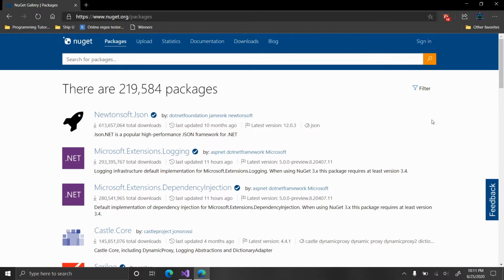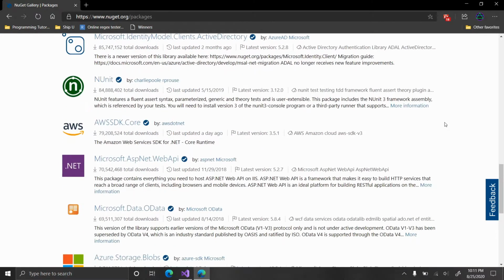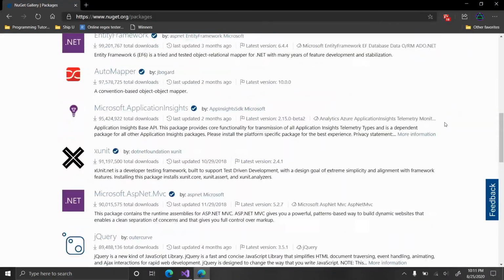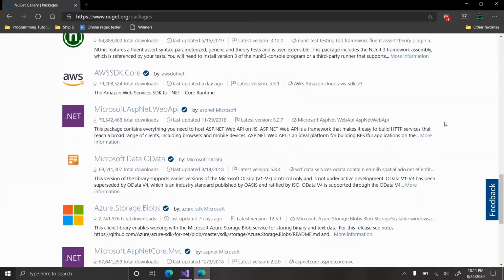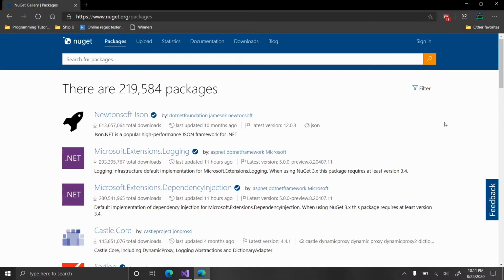Also, if you use .NET Core instead of .NET Framework, which, as far as I know, .NET Core is not yet finished, I don't think. I think they're still working on transferring things from the framework to Core. You will be using NuGet to get different .NET packages and uses out of it. So NuGet has a lot of different